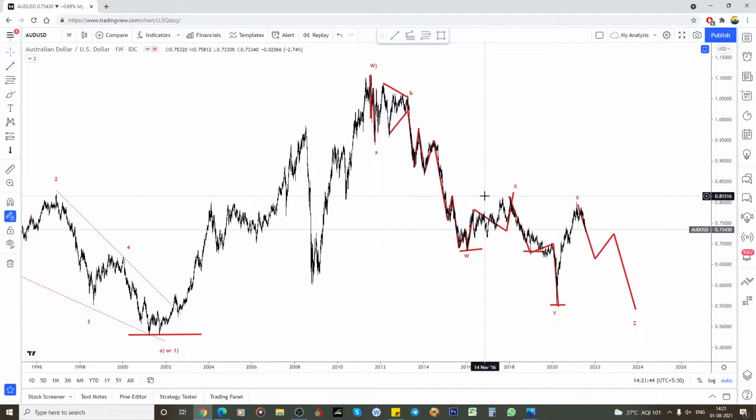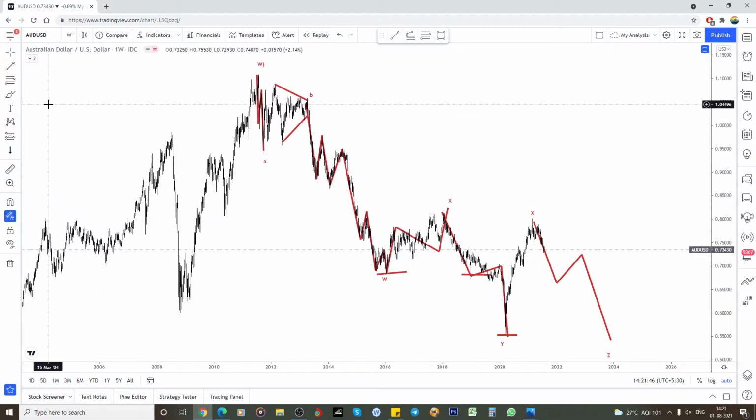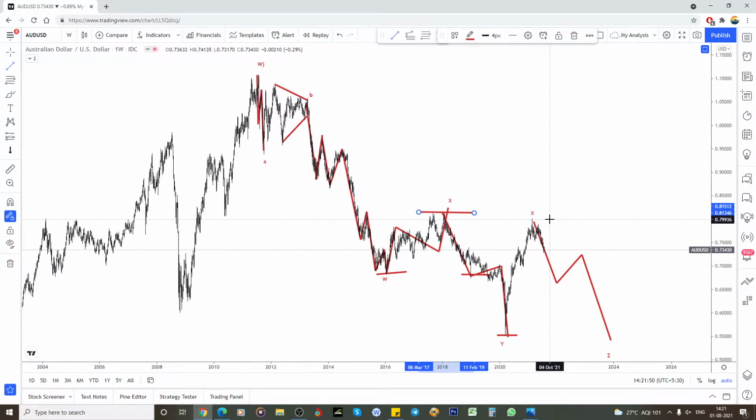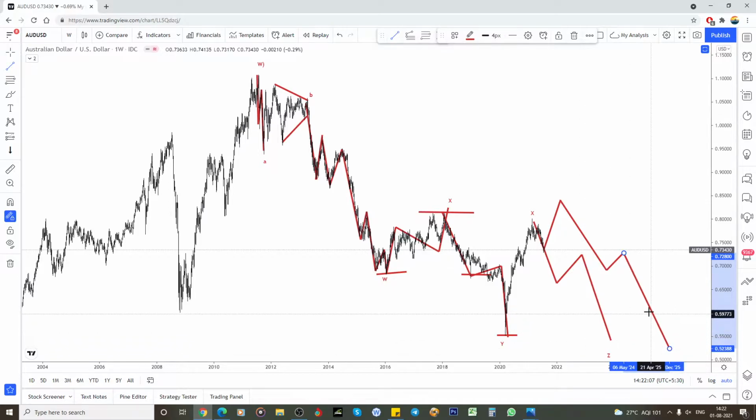So whether this could also be a Z wave is ahead. So until this, if it breaks the high, it is not yet broken, so there is a lot of chances for making this. But even though if it did like this, one more high, see, this is possible. If it did like this, again there is a lot of chances for making one more low. So how is it possible?